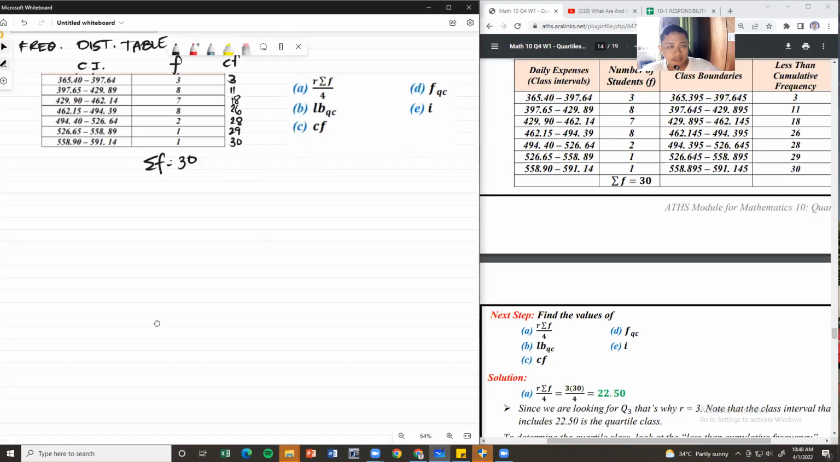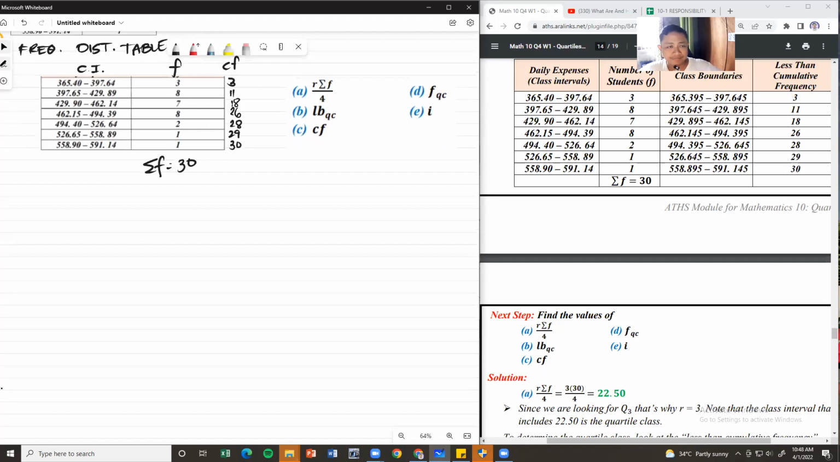Okay, so now, dito na tayo. Dito na masasagot yung mga tanong ninyo. How to get po? Paano po yung class boundaries? Okay. Ay, oo nga pala yung class boundaries. We forgot. Okay. So, for our class boundaries, since